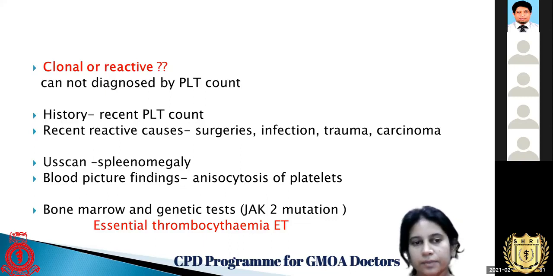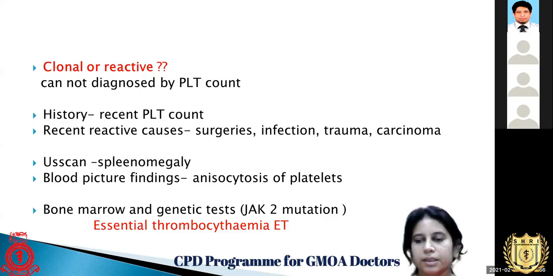No, you can't. Sometimes you see inpatients, especially inpatients, you get very high counts, 800, 900. After surgeries, you get 1,000 counts. You can't go by the platelet count. So it's very important to take a history. Check the platelet count of the patient on admission and compare with the last count. If your admission count is normal, most possibly you are dealing with reactive thrombocytosis.